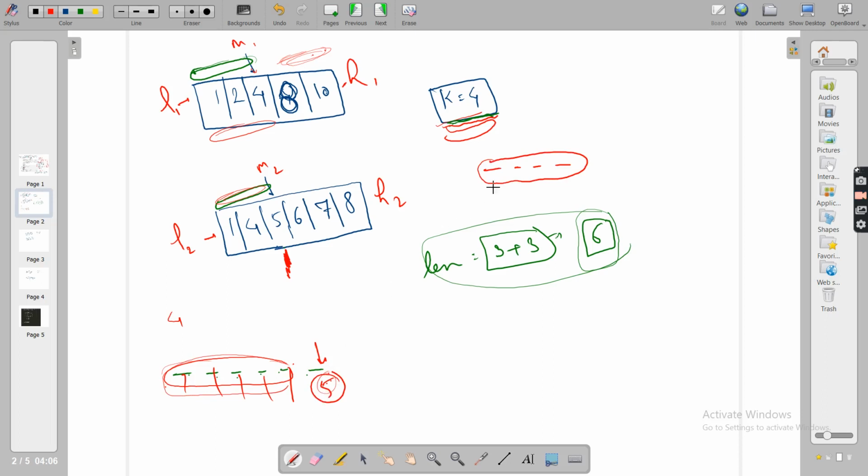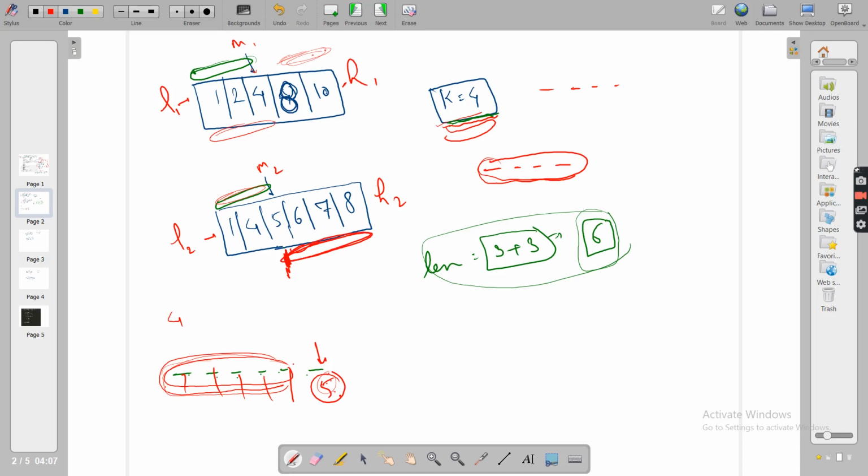Because the first 4 means the first 4 smallest elements, and before this 5 you already have 5 elements, which is greater than or equal to 4. So this 5 can never come in the first 4 positions. And if this 5 cannot come, then obviously 6, 7, 8, so the entire subarray can never come in the first 4 positions.